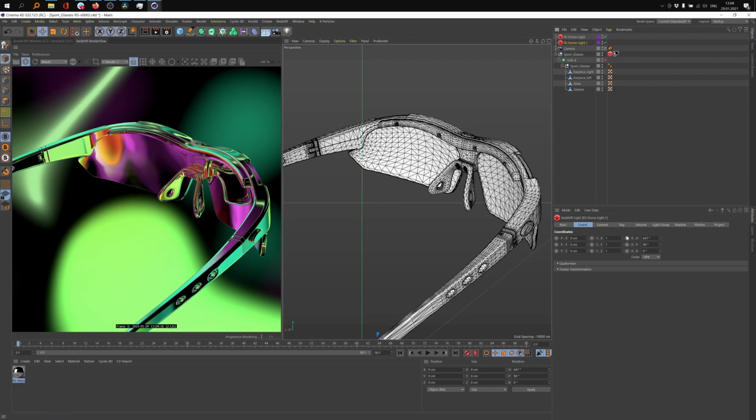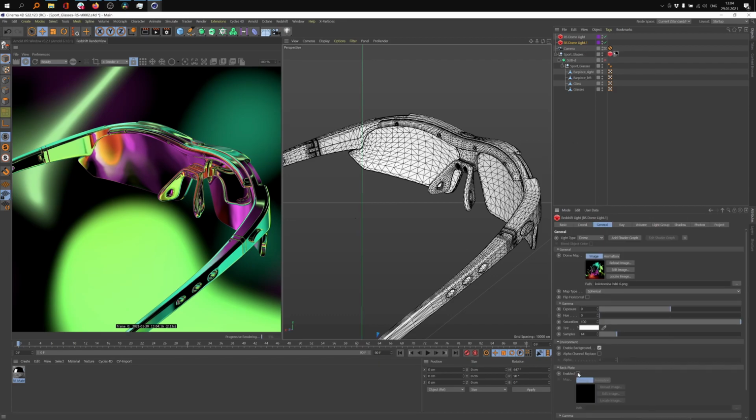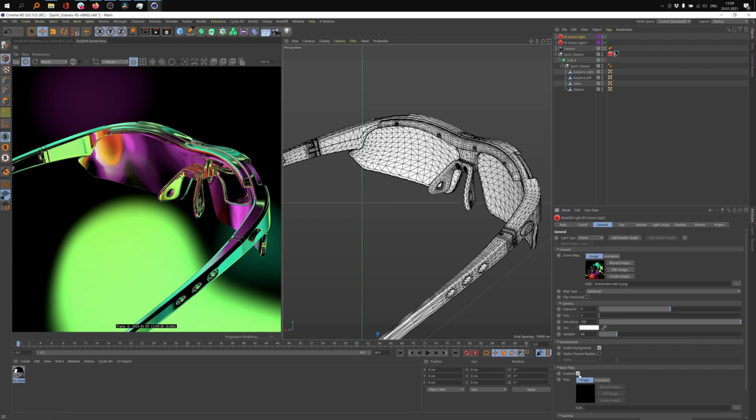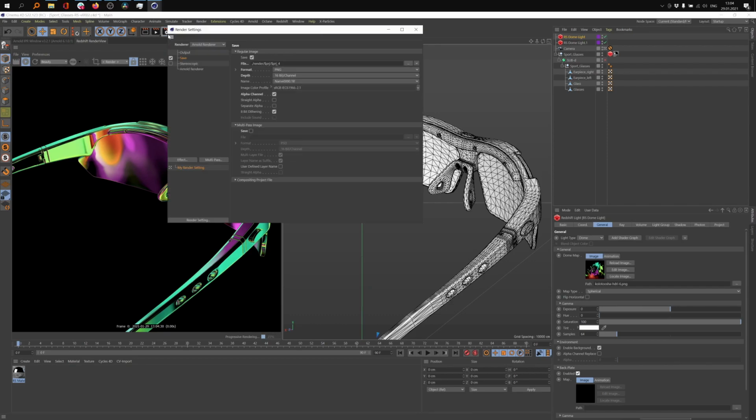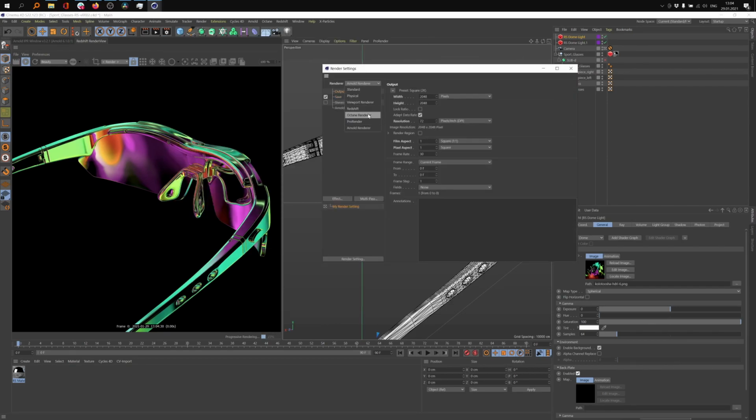Now let's go to our dome light, general tab, and backplate, turn it on, and the same we need to do for our first dome light. Basically, what does it do? The dome light HDR still affects the object, but you can't see it in the viewport. Therefore, you can render the object without background, and you would have transparency on the background. Let's go to render settings, choose Redshift,